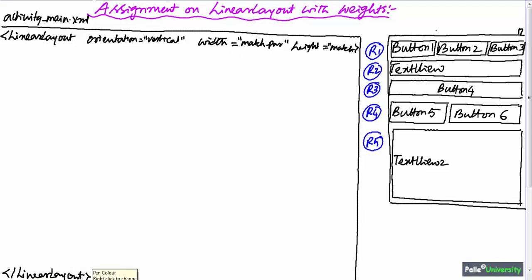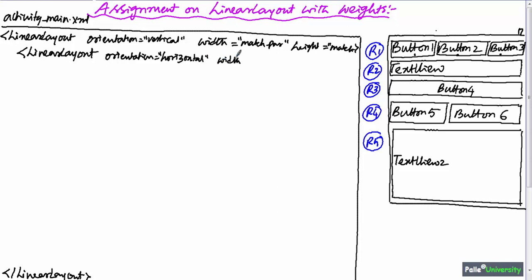Now we have total 5 rows. That means within this vertical linear layout, we need 5 main tags. What is the first element? First row contains multiple elements. So obviously first element itself should be a layout, that is linear layout. What type of linear layout is it? Orientation horizontal, because these buttons are sitting side by side. So before typing button tags, we need a linear layout with orientation horizontal. But remember, orientation property is not required here, because the default orientation for linear layouts is horizontal.